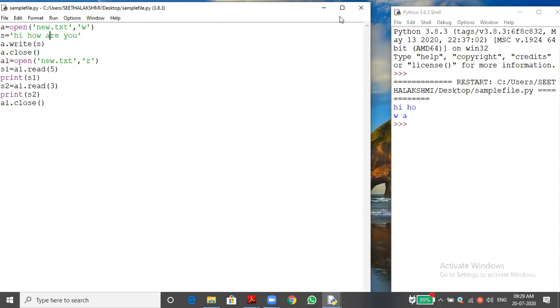Again, I'm maximizing this function. One minute. You can see this, where it is. Where is the pointer?